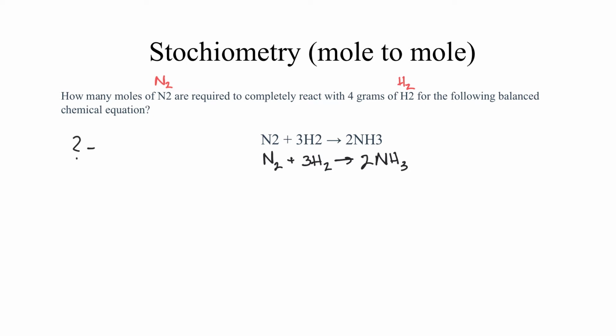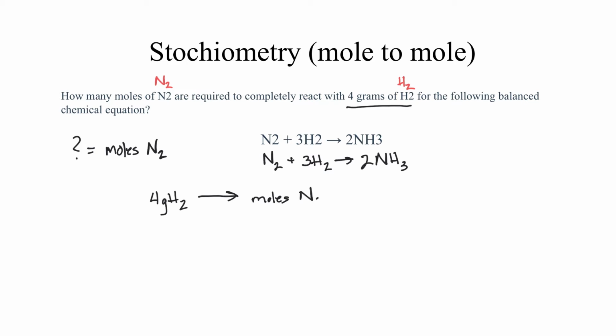Okay? So what are we asked to find? We're asked to find the moles of N2. And so that gives us a direction. Where are we going when we're doing our equation? What do we need to end up with? And then it says that we're going to start with 4 grams, because whatever they give you in the problem, that's what you start with, and you put it over 1. So we're going from 4 grams of H2, and we have to find moles